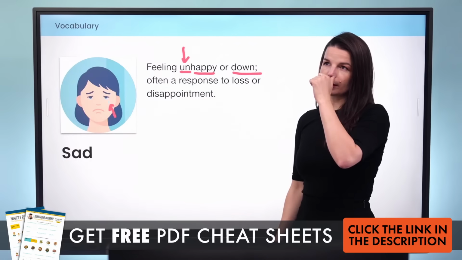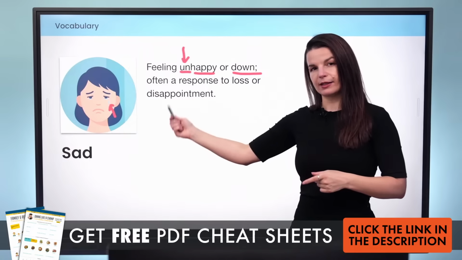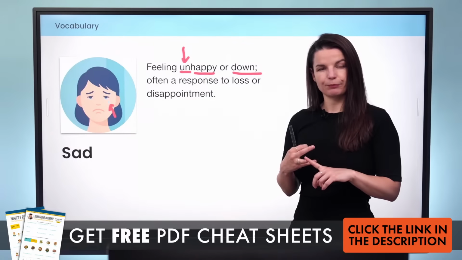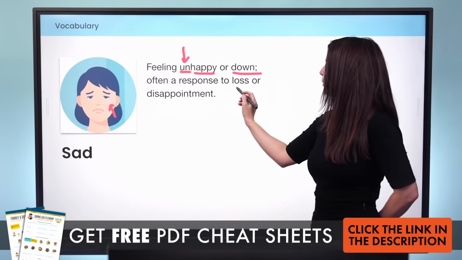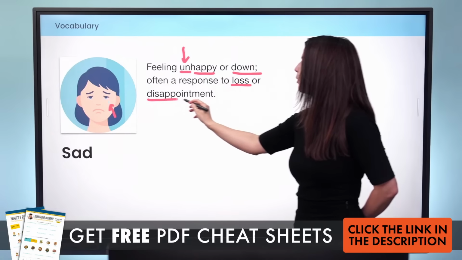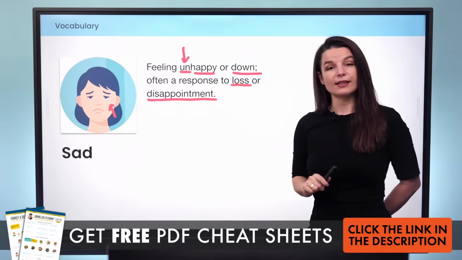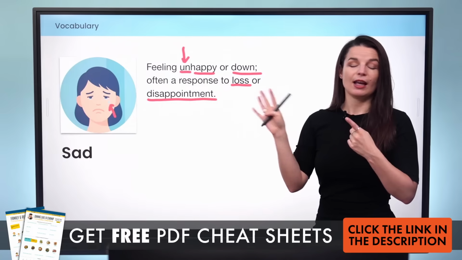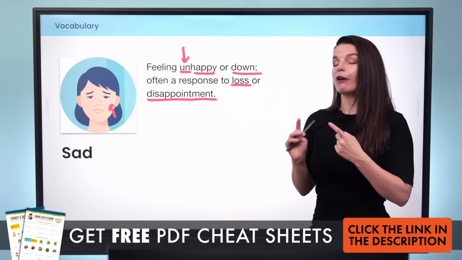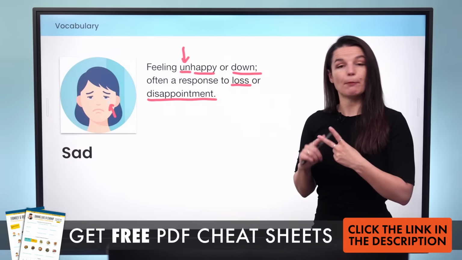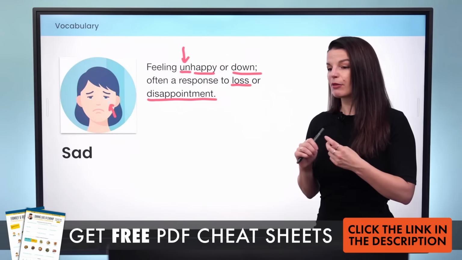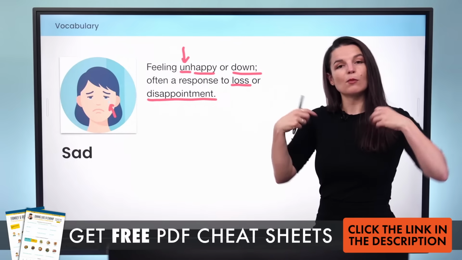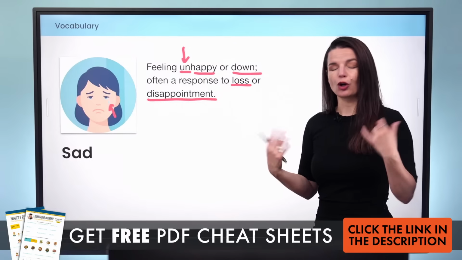But being sad means that we have a low mood or a down mood. We usually don't say bad mood for sadness. When someone is in a bad mood, they're usually angry or frustrated. So sad, often a response to loss or disappointment. So someone is often sad, for example, when they don't receive a job. They applied for a job and they did not get the job. Or maybe a family member or a friend or a pet died. Or something negative happened, an accident maybe. So sadness is usually someone lost something or was injured or hurt in some way.